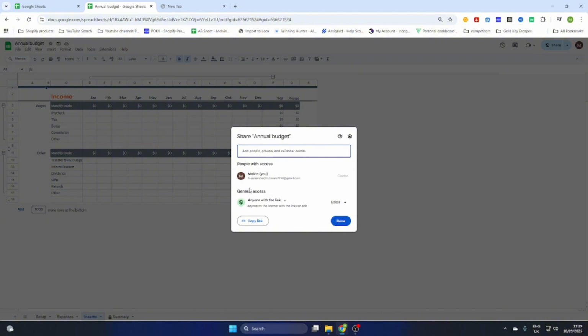Now if you would like to share it with people on WhatsApp, then you can select anyone with the link, and then select the option viewer, commenter or editor, the one you prefer. So if you would like people to only be able to view the sheet, then select viewer. If you would like to have them place comments on it to improve it or maybe change it up, then use the commenter option. And if you would like people to be able to edit the sheet, then select the